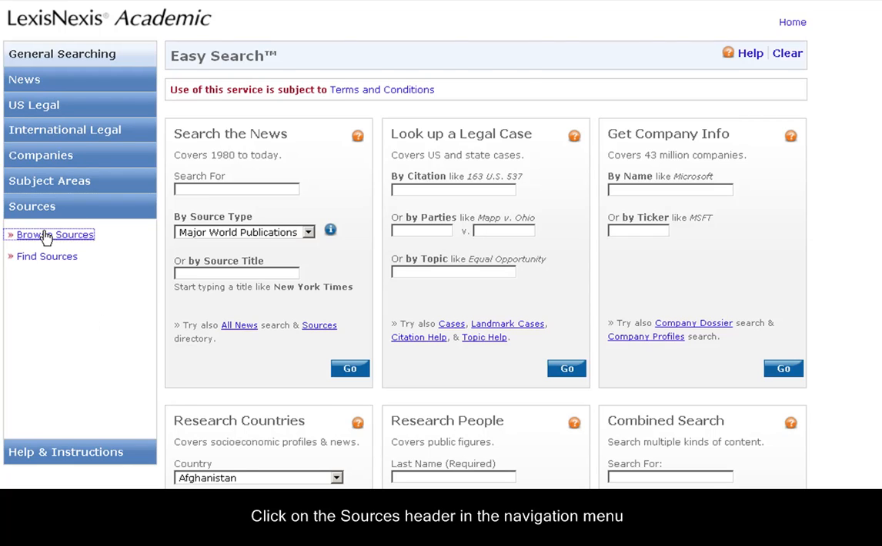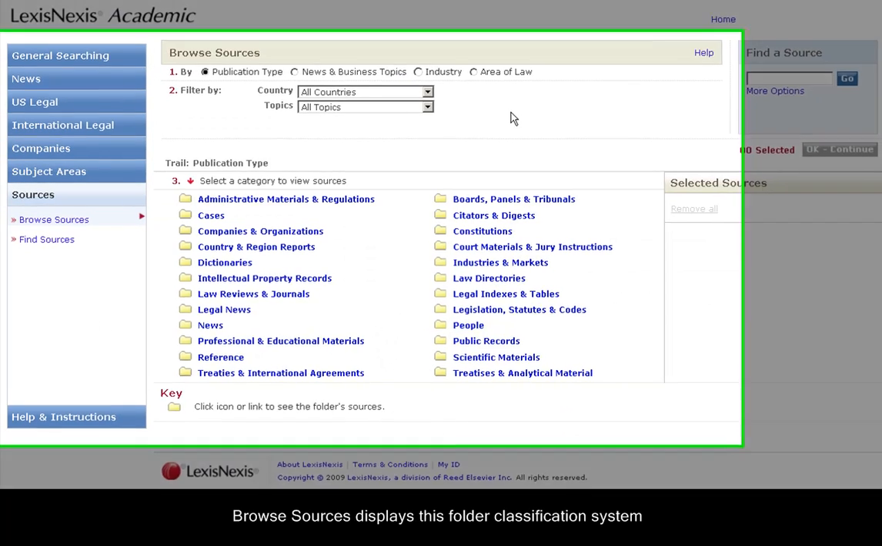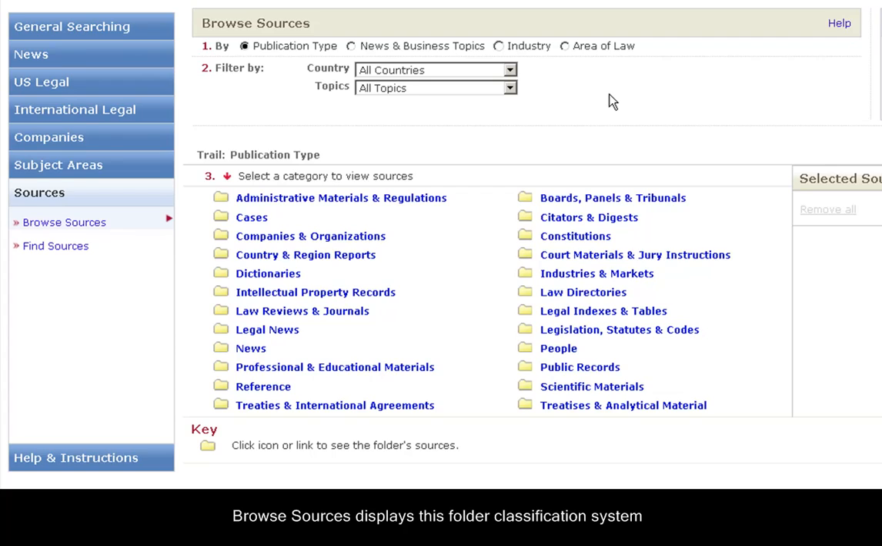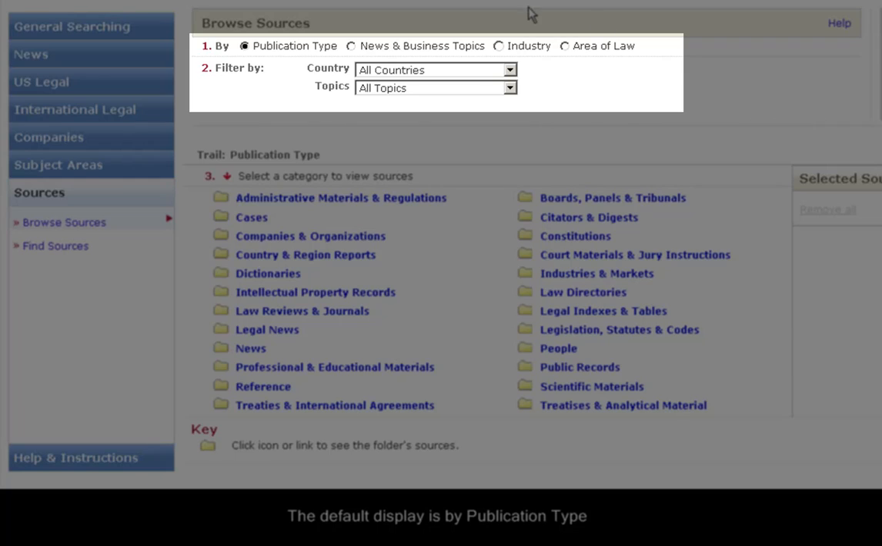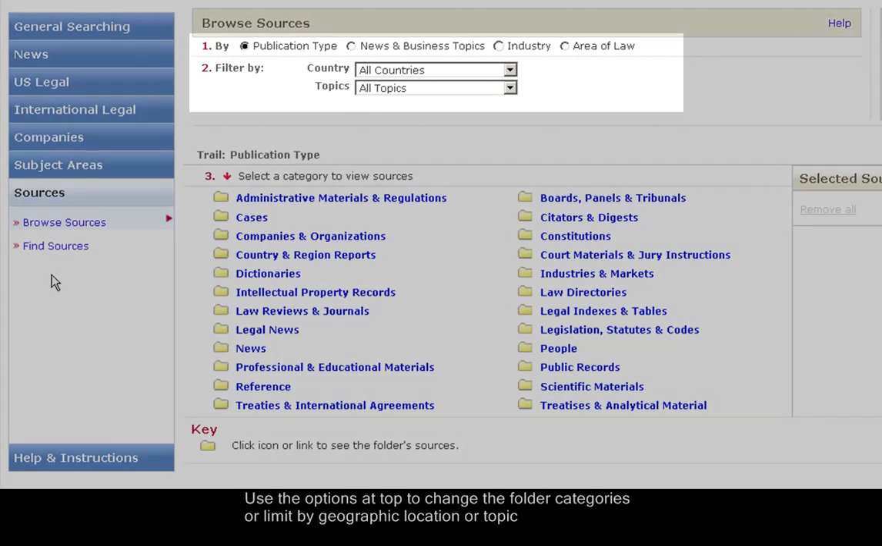If you click on Browse, you'll see a folder display like this one, arranging all the sources in LexisNexis Academic by various classifications. By default, the sources are classified by publication type, but you can use these tools at the top to change that. You can also use the drop-downs here to limit the sources displayed by geographic location or by topic. If you choose the Find Sources option,